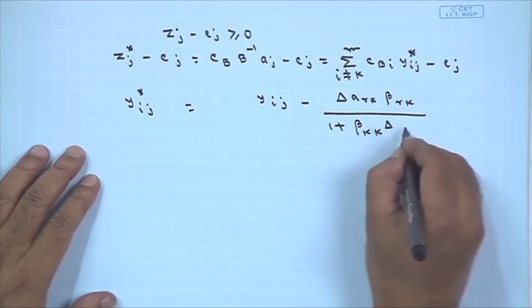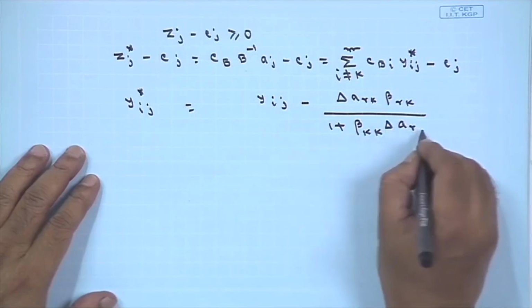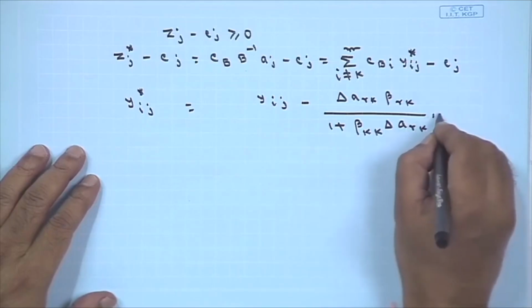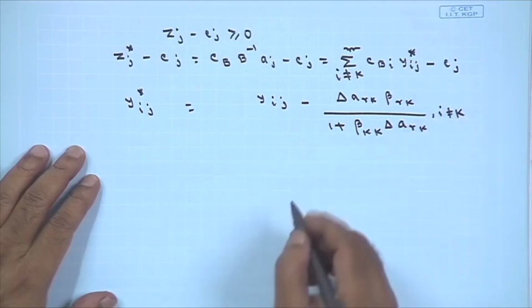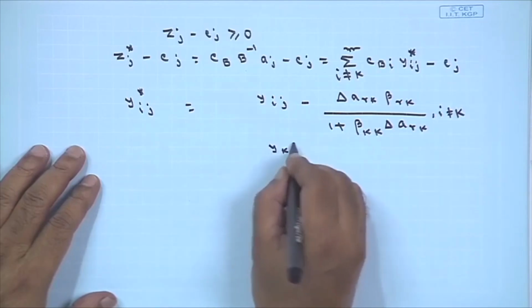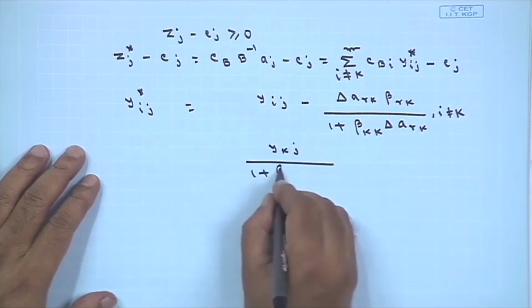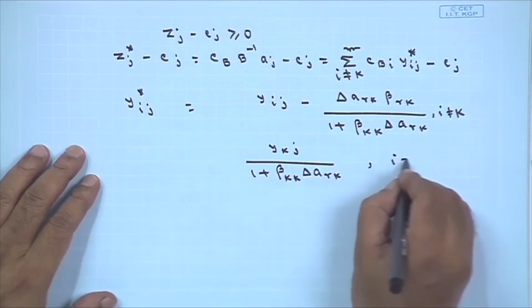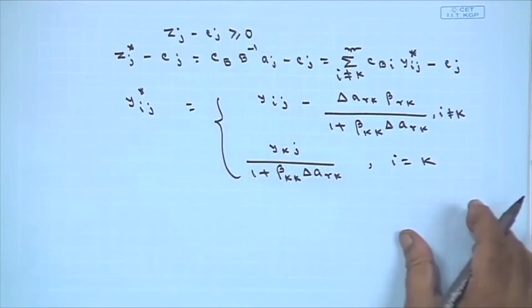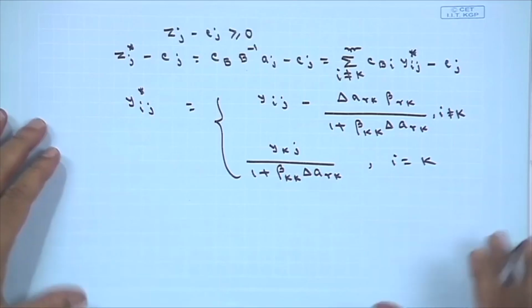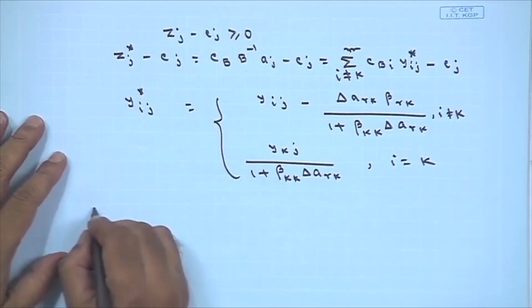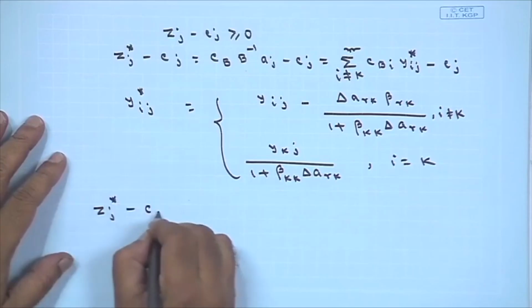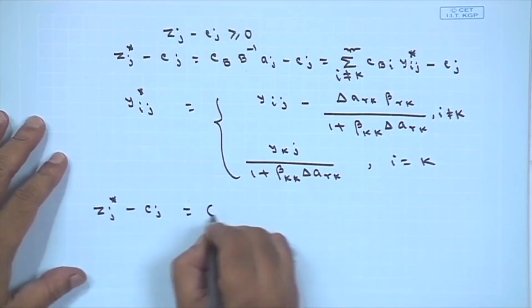In a similar way, if you do the calculation, since it is a similar type, I am not showing the entire calculation. For i not equal to k, this will be y_kj divided by 1 plus beta_kk into delta a_rk, whenever i equals k. Your y_j star will become this one. Now, z_j star minus c_j will then become z_j minus c_j